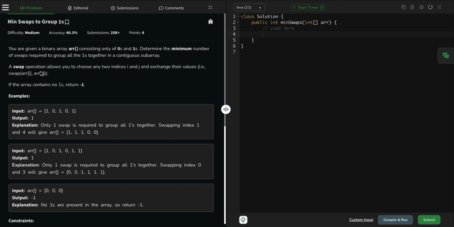A swap operation allows you to choose any two indices i and j and exchange their values, that is, we just swap their values. So if the array contains no ones, then we can just return -1, otherwise we need to find the swap. Let's take the first example,